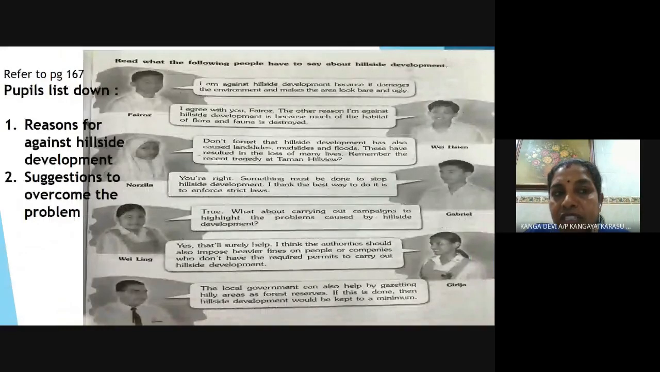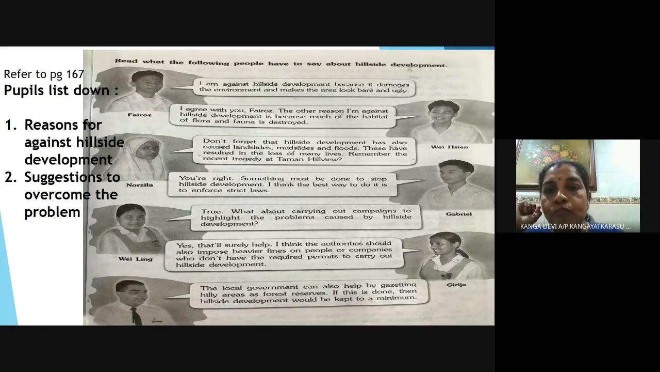Okay, that was just now on page 166. So on page 167, this is a conversation whereby the students will find the conversation between these people, Feroz, Gabriel, and everything, and the pupils can list down reasons against hillside development and suggestions to overcome the problem. All they have to do is underline. For example, let's look at Feroz. I'm against hillside development because it damages the environment and makes the area look bare and ugly. Okay, so the students will copy the sentence as it is. So it also teaches them how to make sentence structure. And if you look at suggestions, you look at what